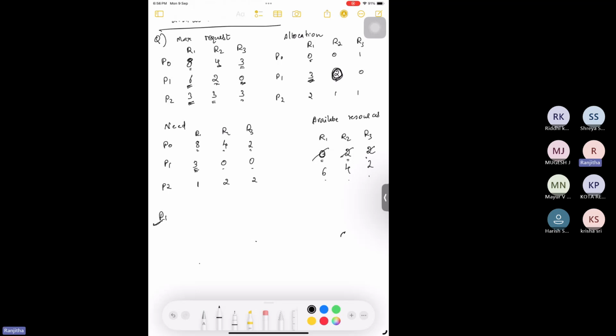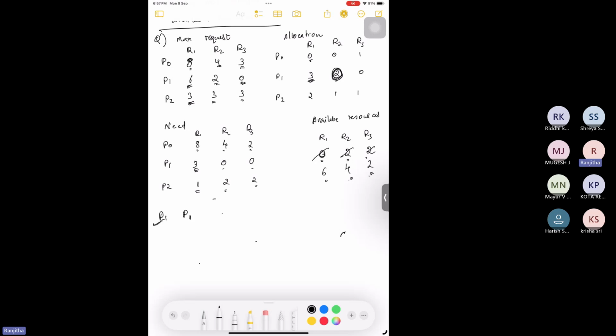So now we have 6 R1, 4 R2 and 2 R3. Now which process can we schedule? Can we go for P0? P0 needs 8, but only 6 is available. So P0 cannot complete its execution. So now the next process is P2. P2 needs 1 R1, we have 6. P2 needs 2 more R2, we have 4, and 2 more R3, we have 2. So we can,